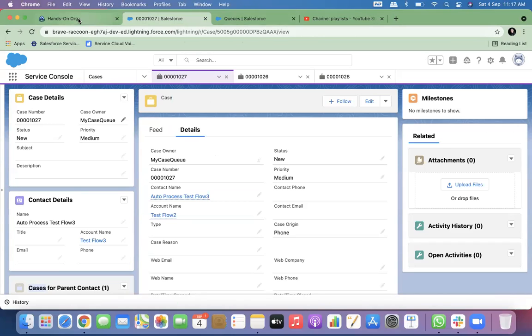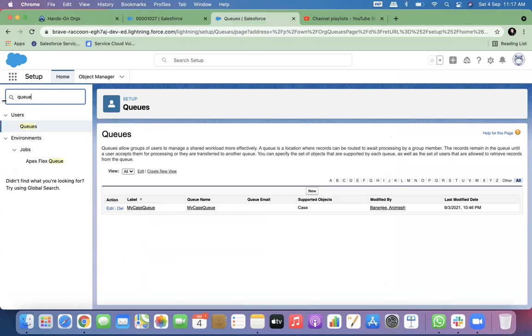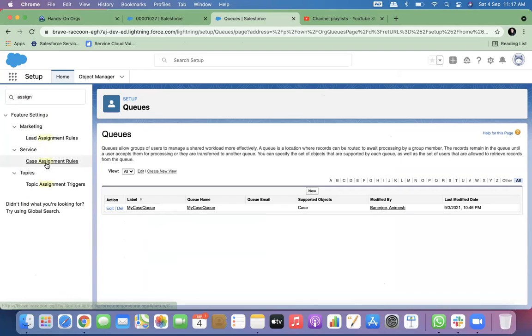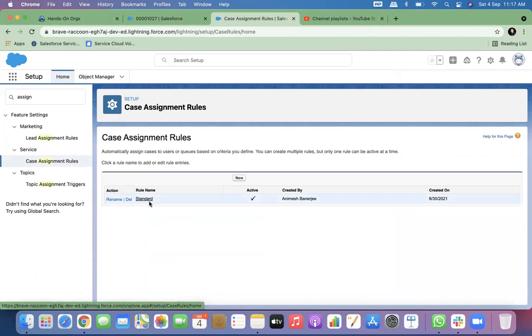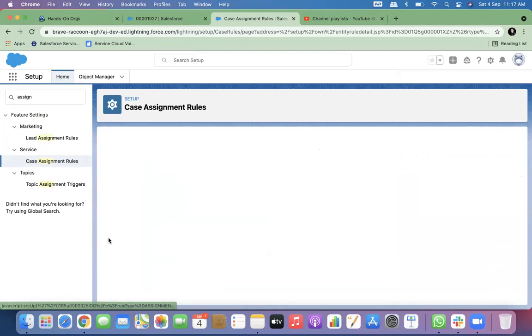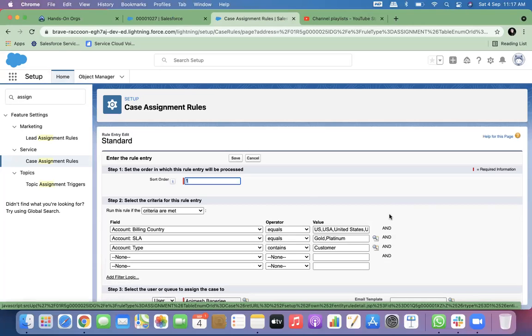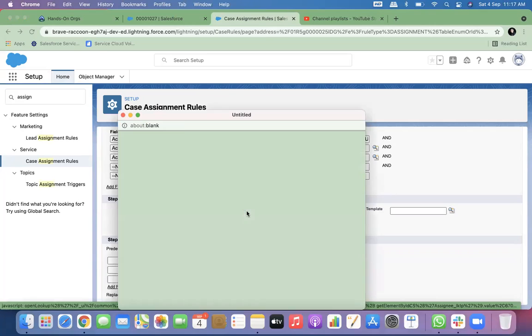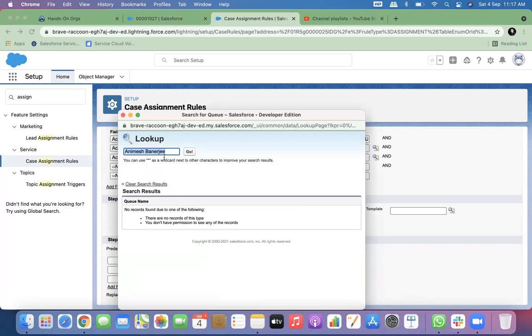Okay, so now if I go back to the assignment rule, usually in the assignment rule, what happens is that you will not individually assign to users. You will basically be assigning to queues. You will go to queue. And ideally, you will be assigning to queues.